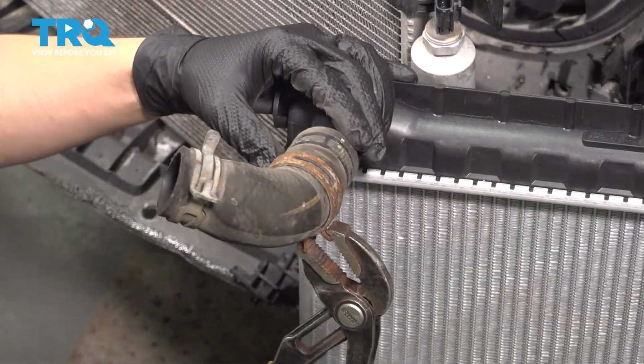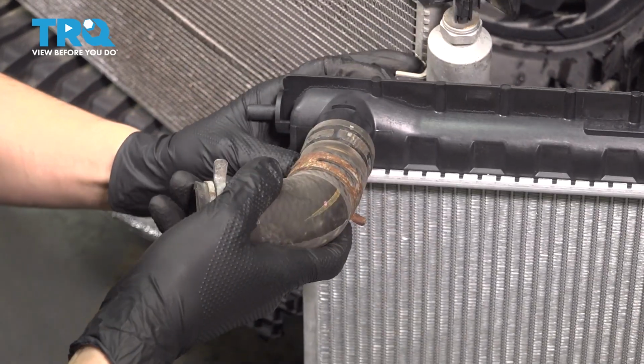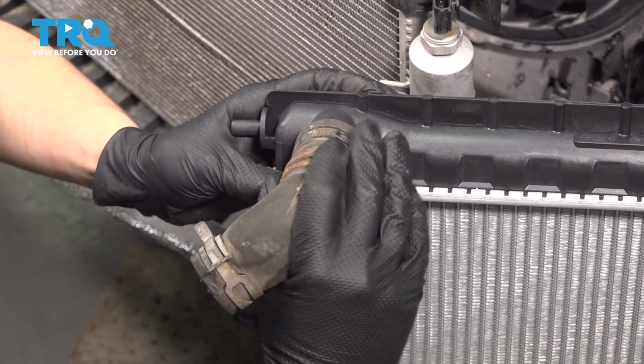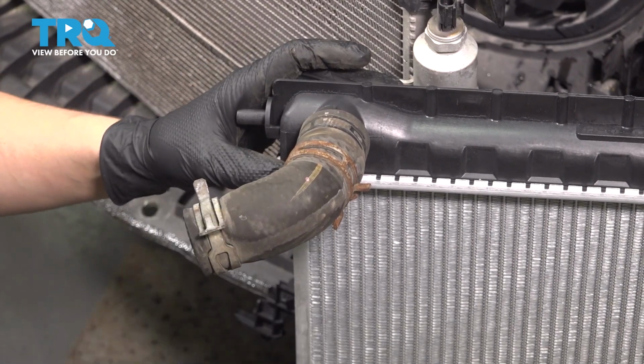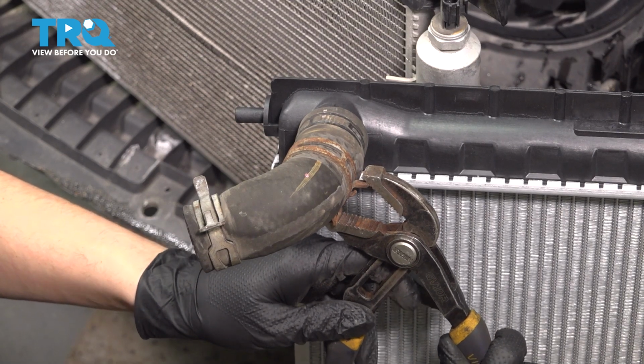On the new radiator, let's install this upper hose. Slide it over. Sometimes you can slide it on with the clamp. This one requires a little bit more pushing, and you want to make sure it's bottomed out completely. It's got this little tab here that indicates that as soon as the hose presses up against it, that's as far as it'll go. And I'm going to just put the hose clamp back on,